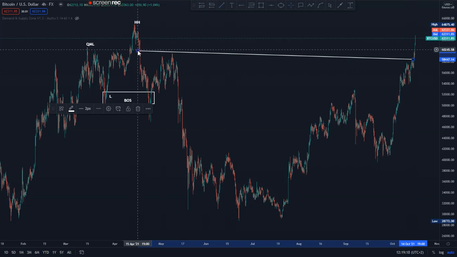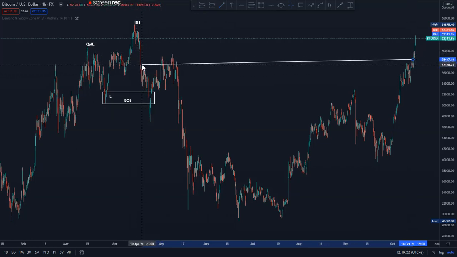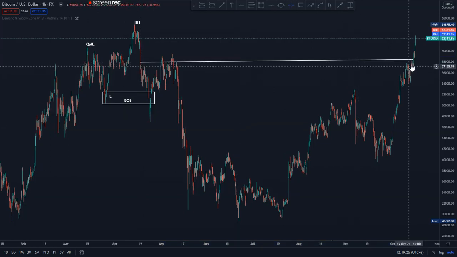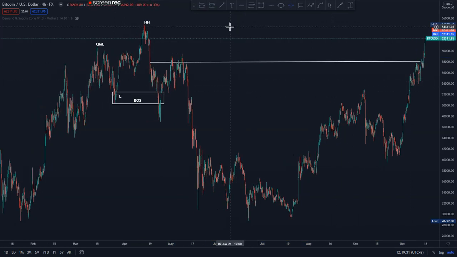This was my area of fake out. So this was my fake out zone. So I want to capture a lot of wicks. So let's see where we will have a lot of wicks. I think right here. Yeah. So we have at R1